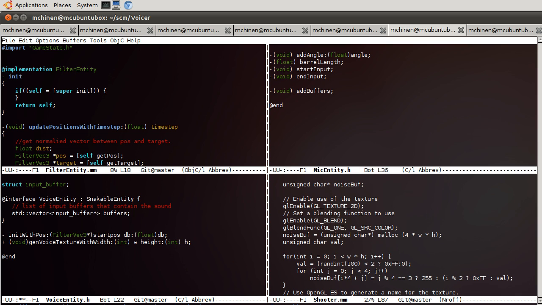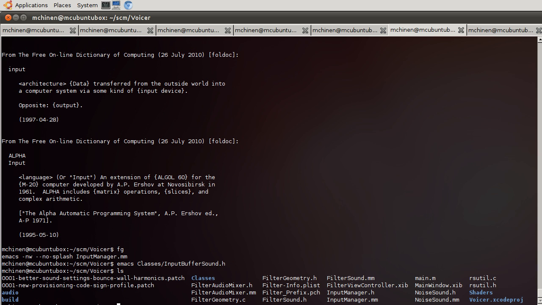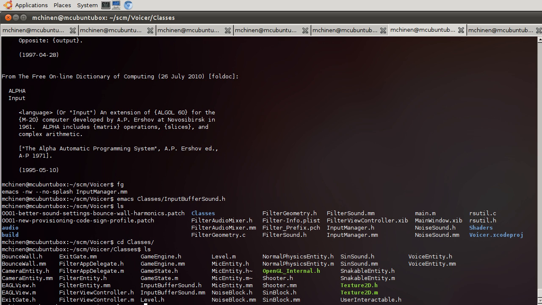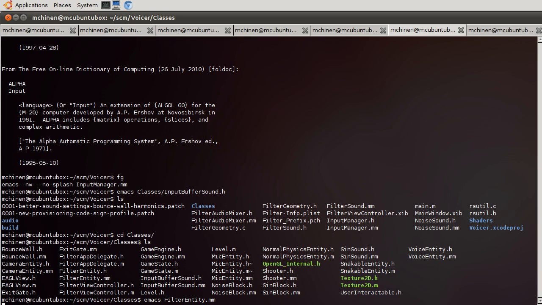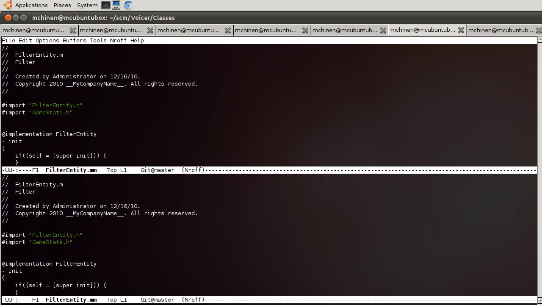Sure, that looks fine. Okay, so I'm gonna be editing classes. Emacs filter entity .mm. No, I want